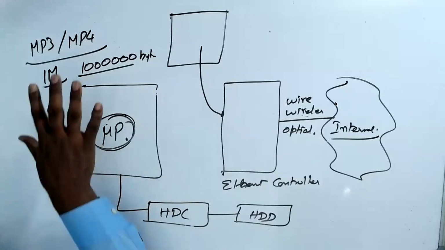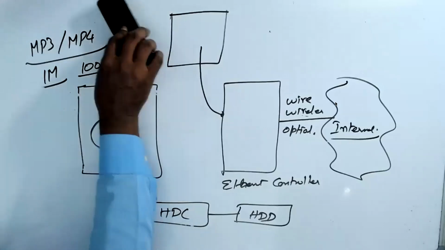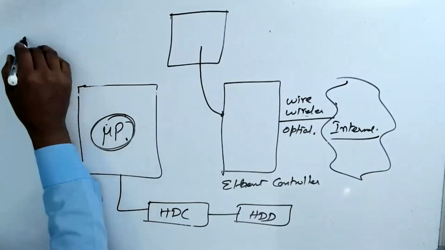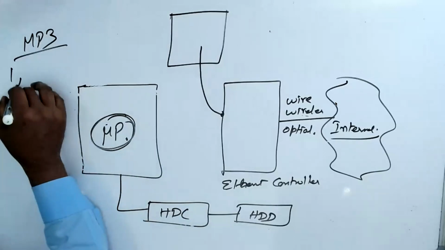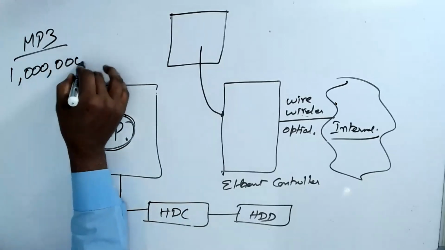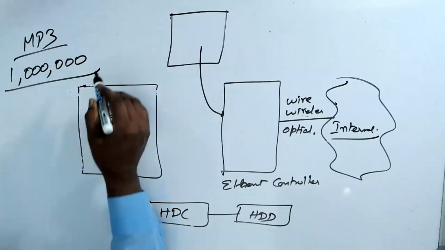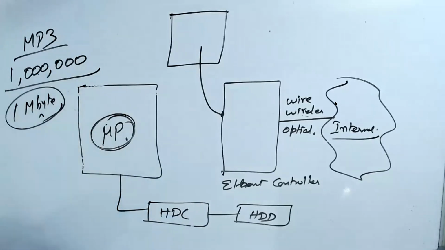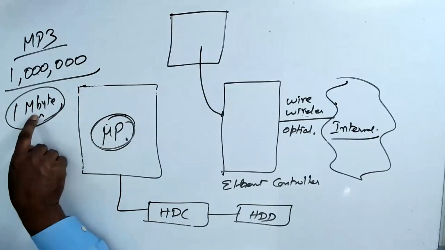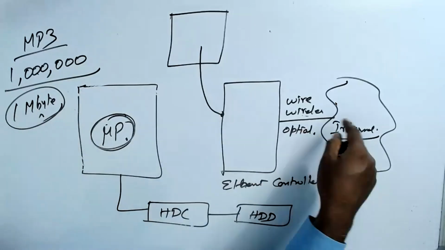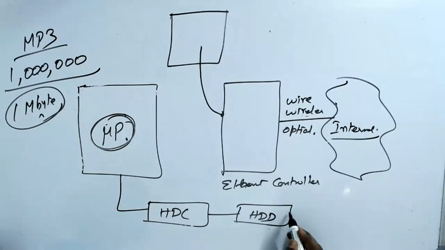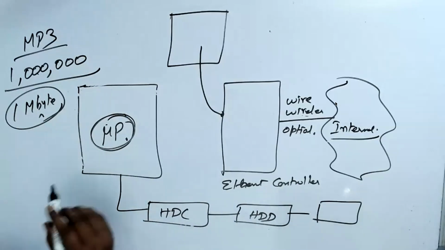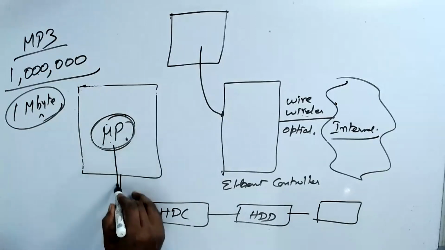So now what is happening is, let us take a thing. You have an MP3 file which is about 1 megabyte. One megabyte. If you wanted to send it through the net to somebody else, that file is stored in your hard disk. As an embedded programmer, first of all, you will program the hard disk controller and read the